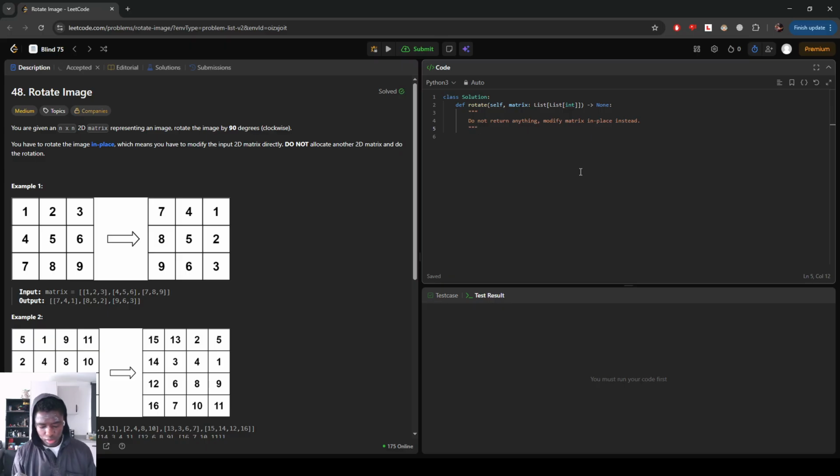To do that, we're going to start with the transpose part first. For the transpose, you want to calculate n, which should be the length of the matrix. And then for i in range, actually I could just say range n. And then for j in range